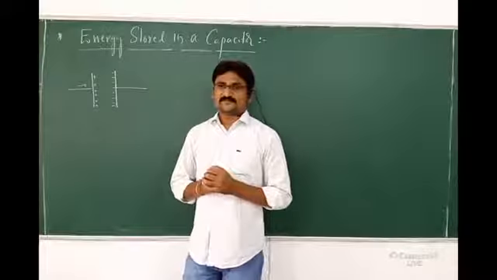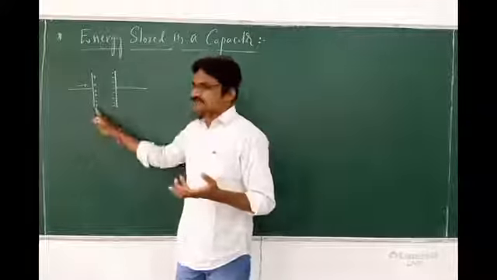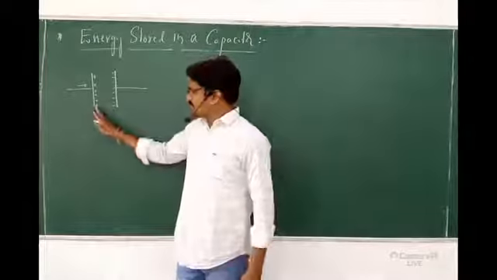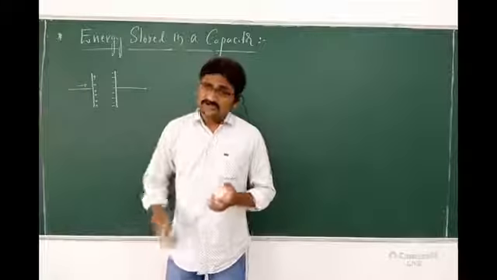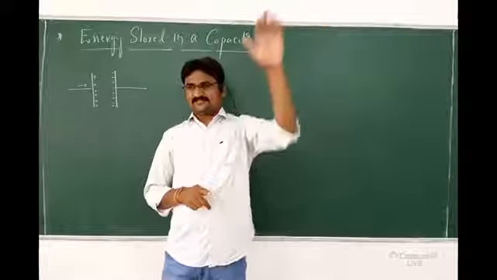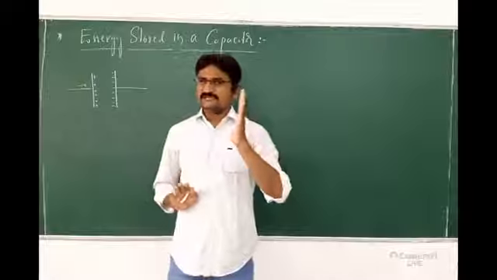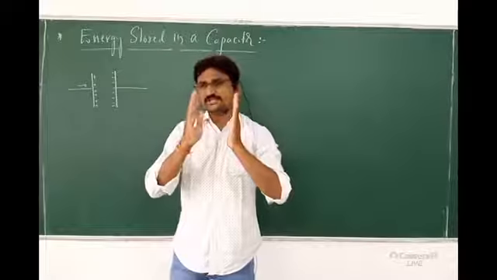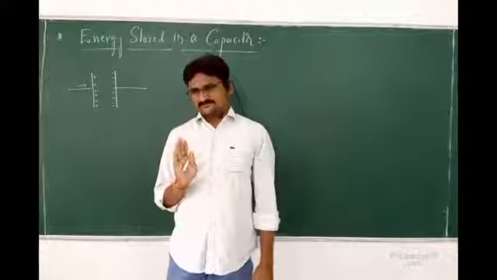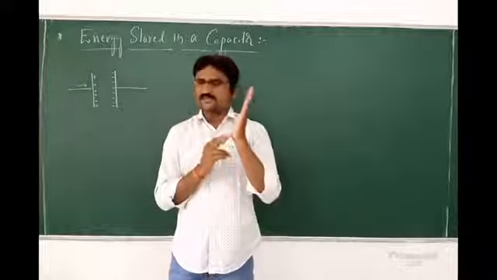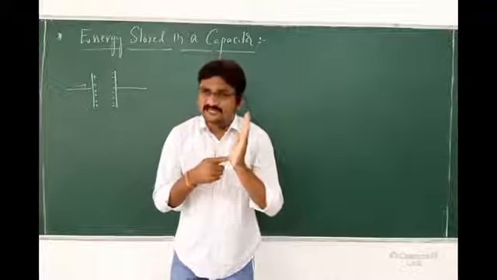It is somewhat difficult to understand. One charge, two charges or a few charges is okay, but initially there is no charge on this plate. First I give 1, 2, 3, 4, 5, 6, continuously giving. How much charge have I given? What is my initial, what is my final? Initially no charge on this plate. Once I give the charge to the plate, the other plate is also induced. Initially the charge is 0, and initially the work done is 0.